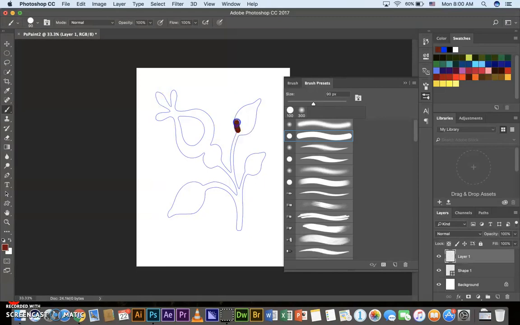Go ahead and start painting, color in your design, your shape, custom shape. Okay, kind of the way you want to do it. It's up to you how you want to paint this and what colors to use. All right,